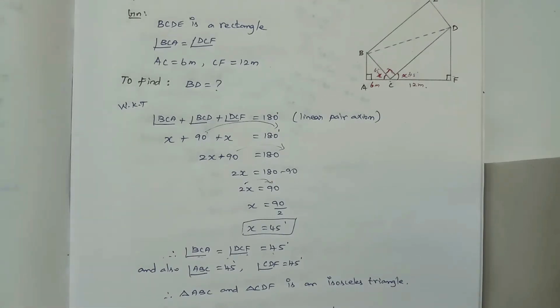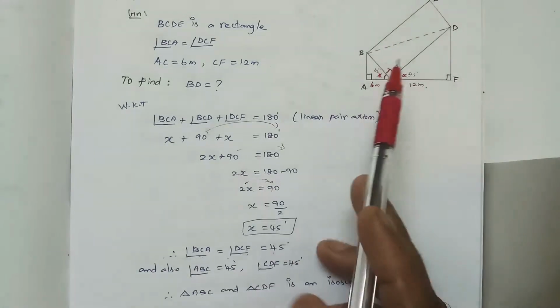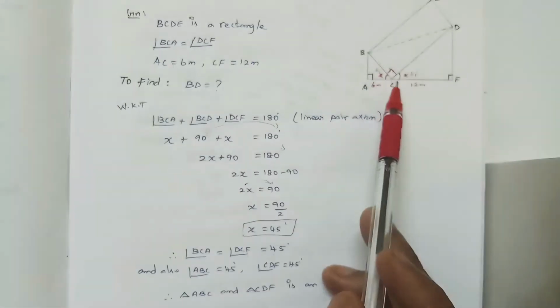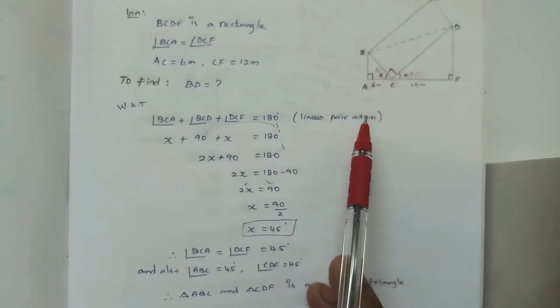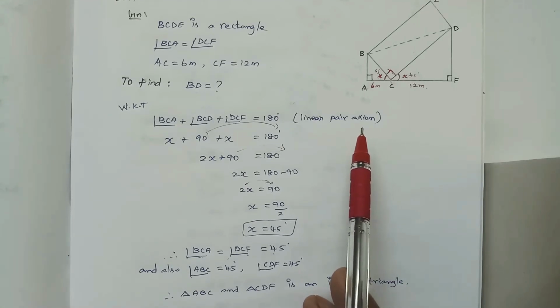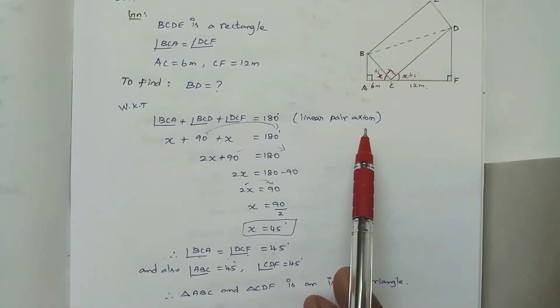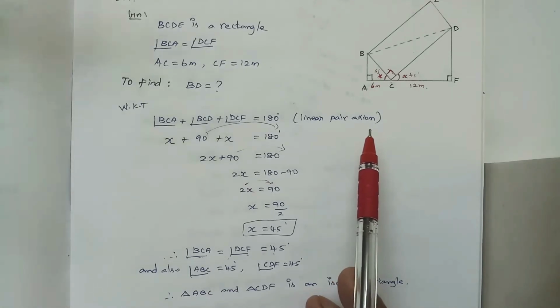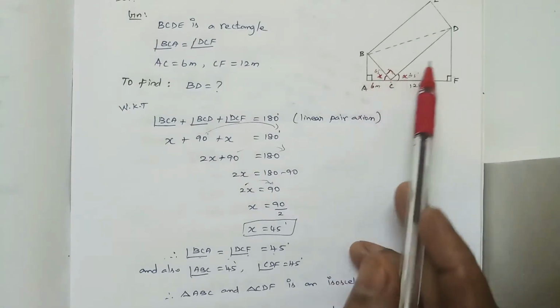By using the Pythagoras theorem property. In a right angle triangle, if you want to find any one side, then we use the Pythagoras theorem alone. For that also we have a condition. We have three sides. Among the three sides, we need to know two sides of the right angle triangle, then only we can find the third side. So first we need the two sides of a right angle triangle.